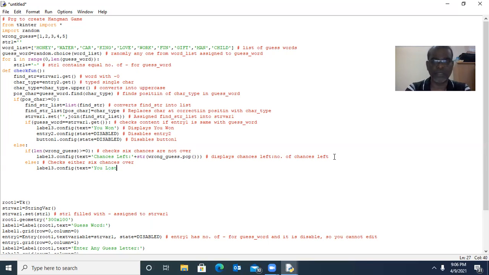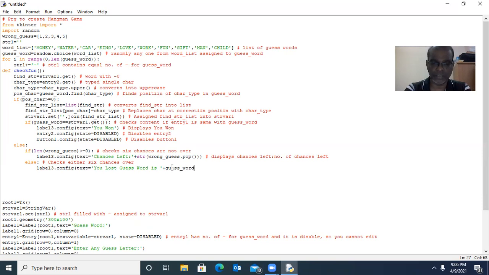In addition to that, what is the guess word? The user should know. Plus guess word is... If the guess word is car, that word should be displayed here. Guess word is, plus guess word.